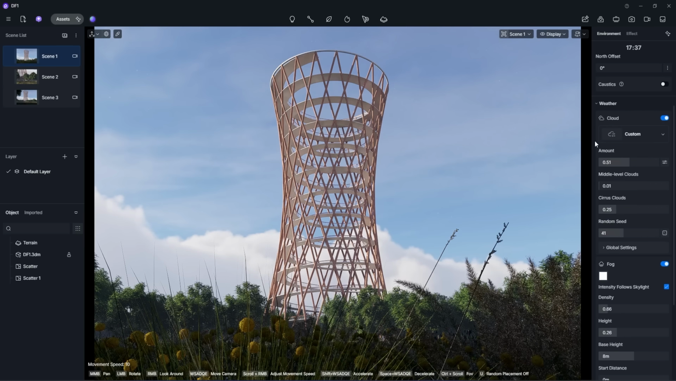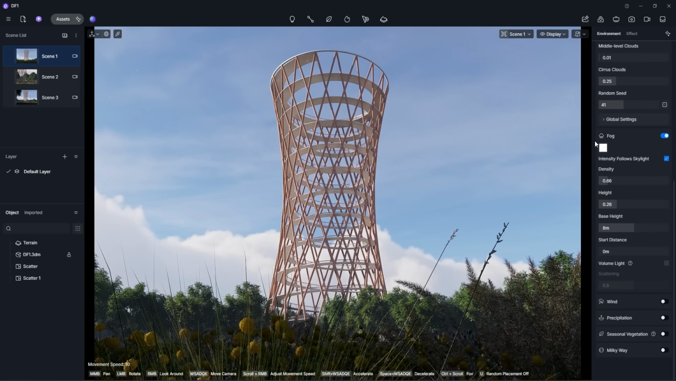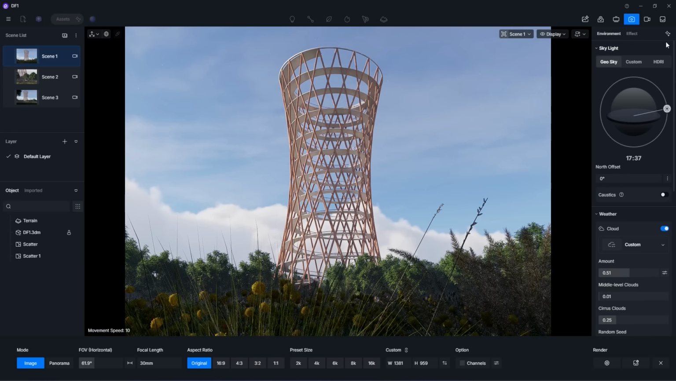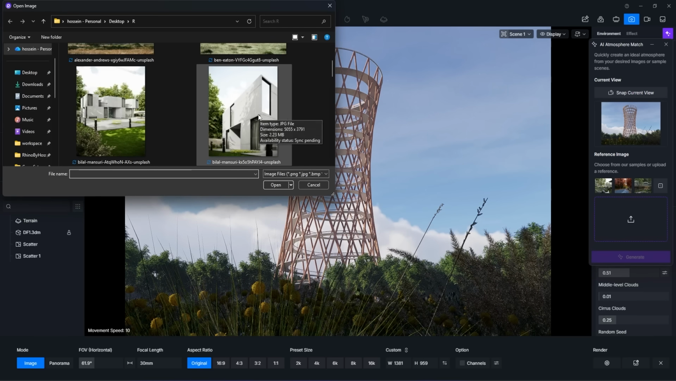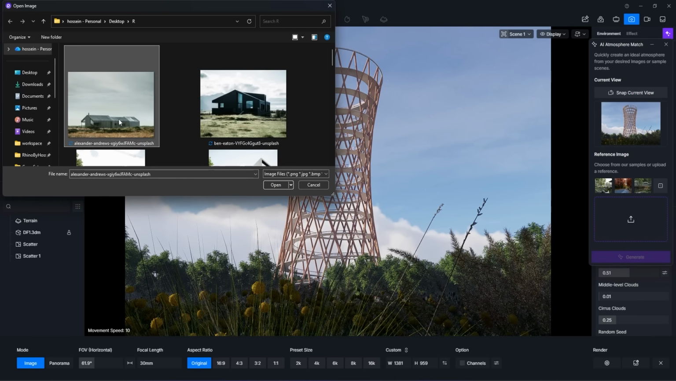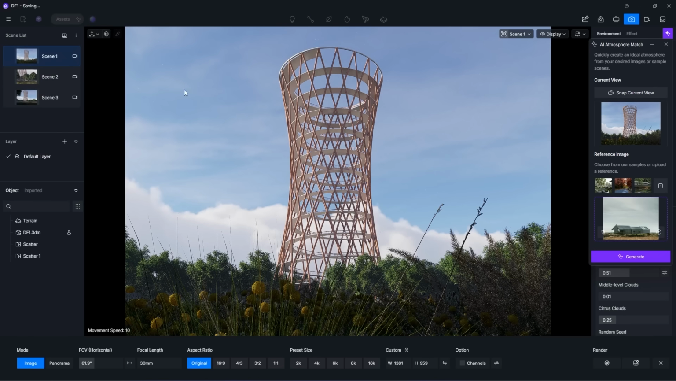AI Atmosphere Match uses artificial intelligence to analyze these environmental characteristics from a reference image and apply them to your scene. To use this feature, you can access AI Atmosphere Match from the section you can see on the screen. After opening this panel, the first step is to choose a reference image, an image that represents the atmosphere you want to achieve. For example, imagine you have a render of a building, but you want to create the feeling